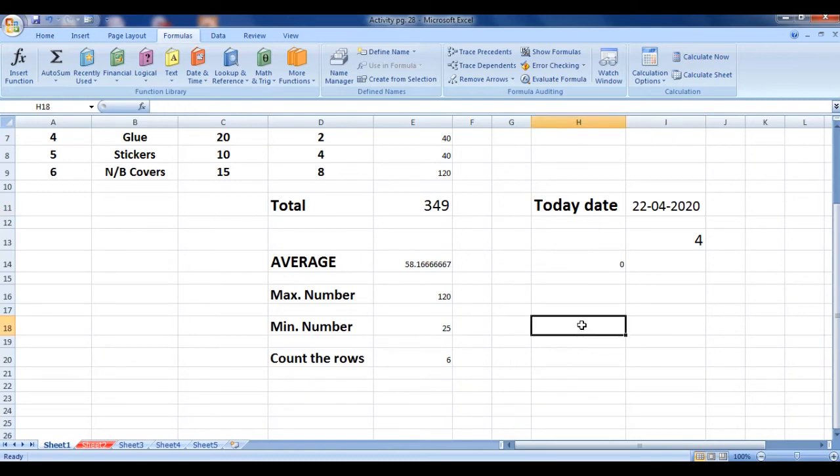I am clicking this cell, the number of that cell is H18, the row is 18 and the column is H. This is my active cell H18, and how we can insert a function: click on this Formulas, then go to this function library and click on this Insert Function.